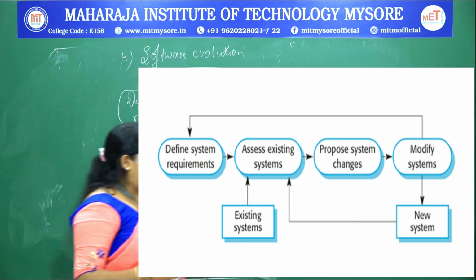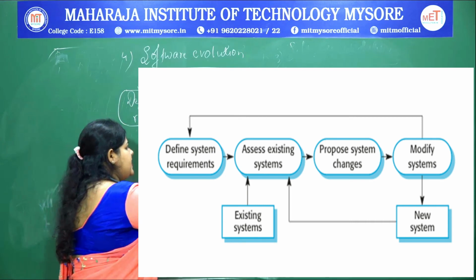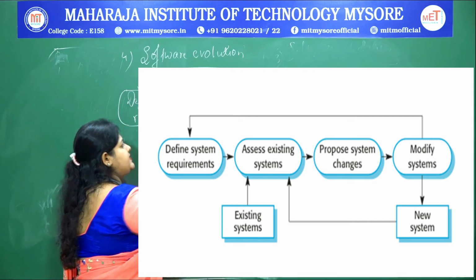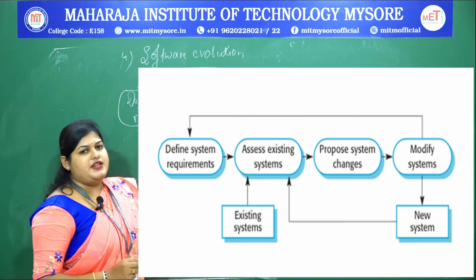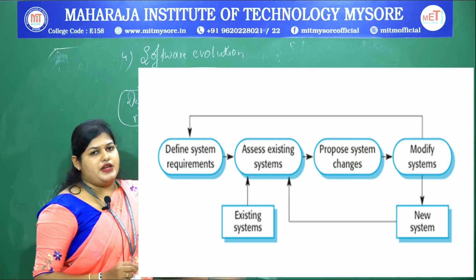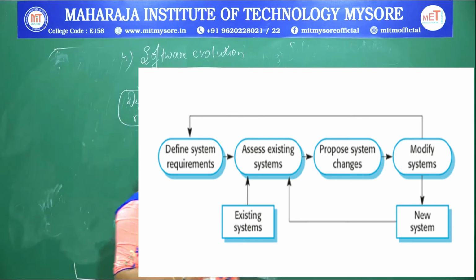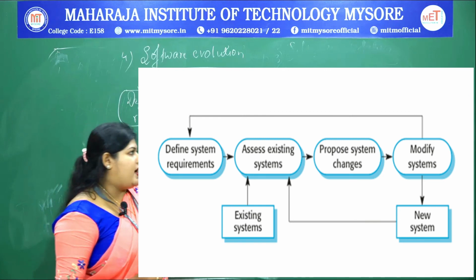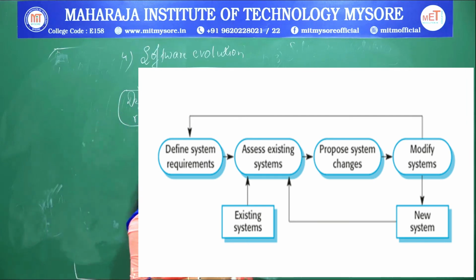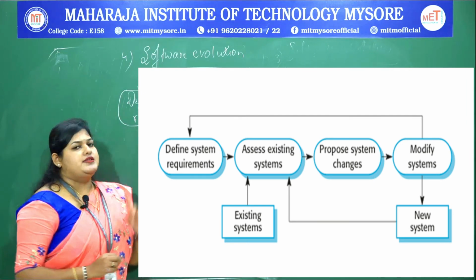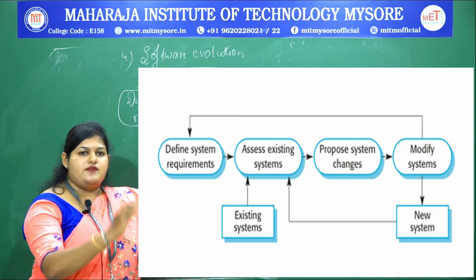That is how the new system will be compared with the existing system, and the existing system will give the proper assessment of what is there now and whether it has been changed, or whether we can meet the requirements of the new system. And if, while assessing the existing system as well as the proposed system, you are going to modify the system, again you should come back from scratch, that is, define system requirements, and again you start building the new system. This is how evolution takes place.